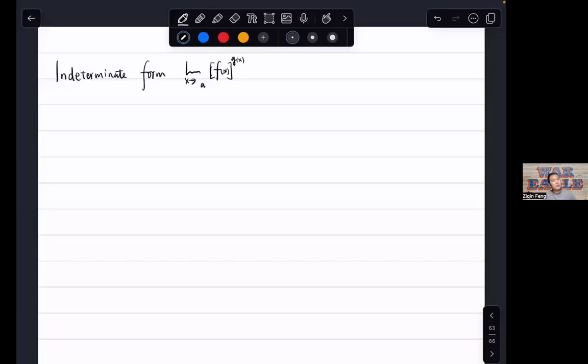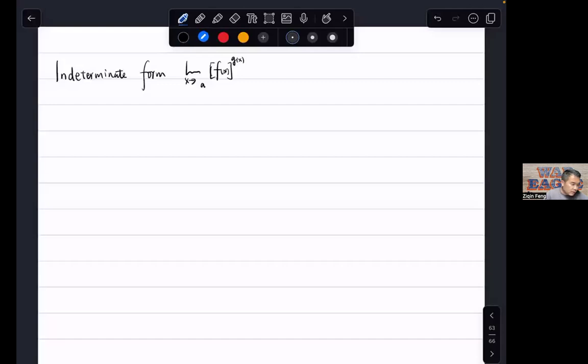In this video, we'll discuss three more indeterminate forms, which are in the exponent form. So you have f of x to the power g of x as x goes to a, a fixed a that might be infinity, negative infinity, a plus, a minus, left side, right side, or a. And which three are